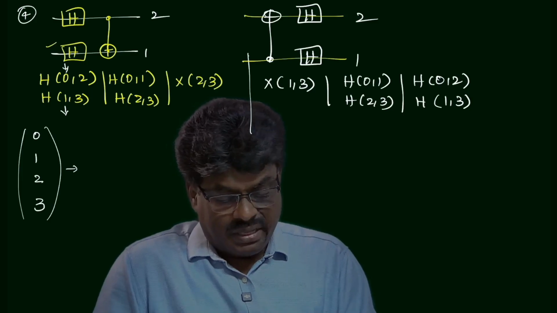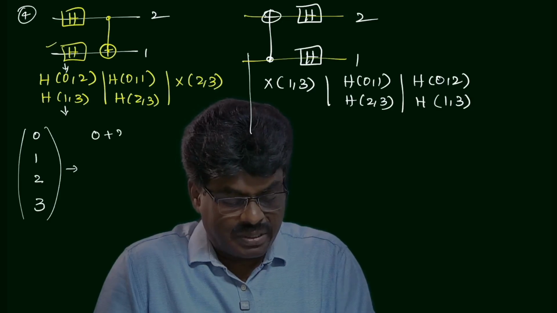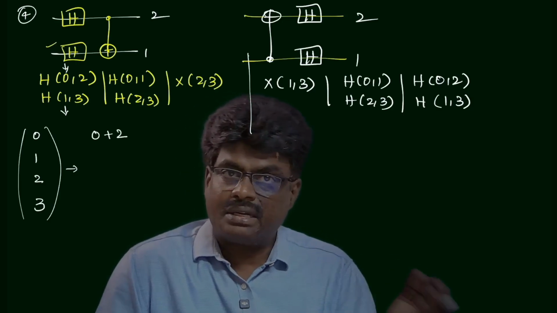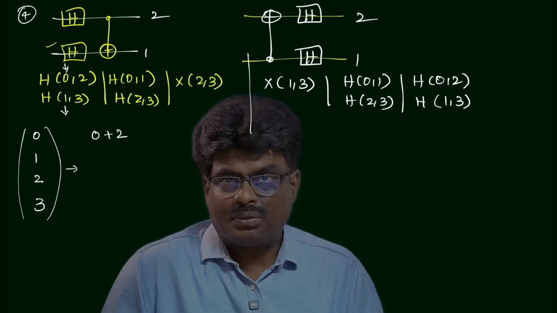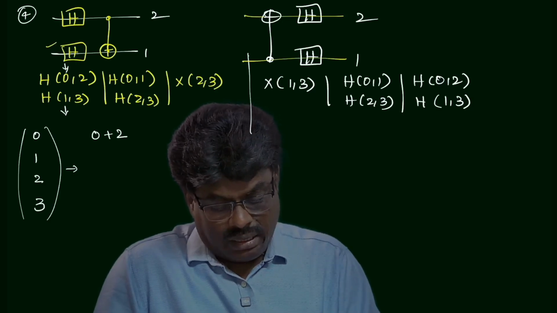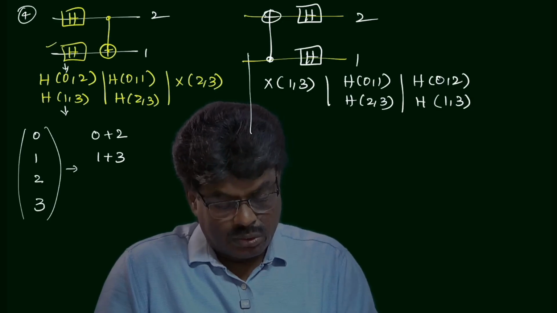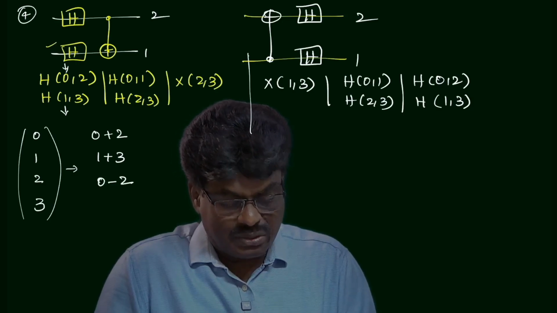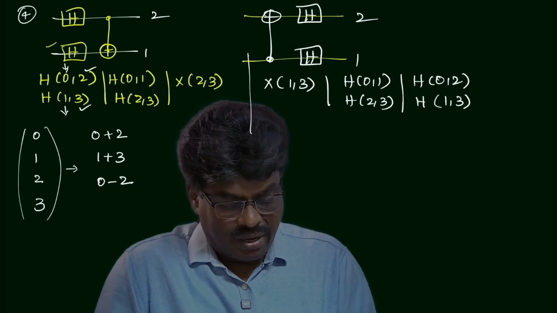So here 0 is there, which is a linear combination of 0 and 2, that's why 0 plus 2. I'm not writing the normalization constant. Finally I will write it, because 2 Hadamards are there, maybe you will get 1 by root 4. Let us see. And 1 off state only, 1 plus 3, 2 on state, 0 minus 2, 3 on state, sorry, 1 minus 3,